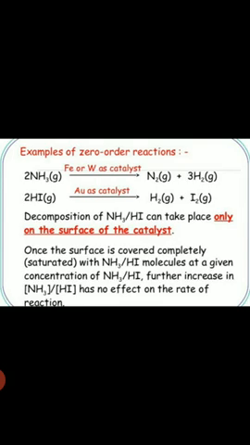Similarly, we have the reactions for the zero order. A number of zero order reactions are known in which the rate of the reaction is independent of the concentration of the reactant, right? So here you can see the decomposition of ammonia at the surface of the metal iron or tungsten. It gives N2 plus 3H2, right? And in a similar way, decomposition of 2HI, hydrogen iodide, in presence of gold as a catalyst. These reactions take place on the surface of the catalyst.